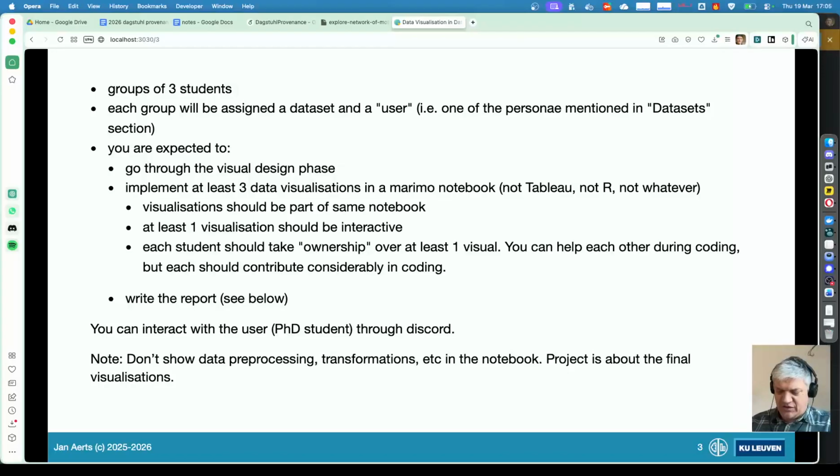This project is done in groups of 3 students, and each student gets a data set and a user. At the end of this slide deck, which is also available on Toledo, there's an overview of all the different data sets and the different users. But by the time you see this recording, you will have been assigned to a specific data set and a user anyway. So what you are expected to do,